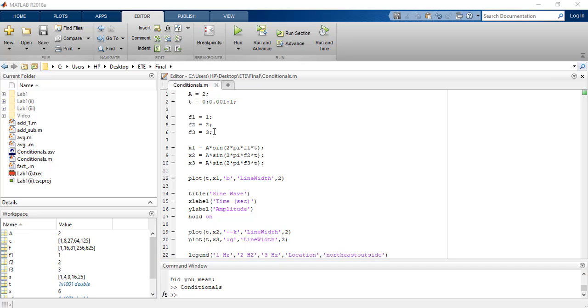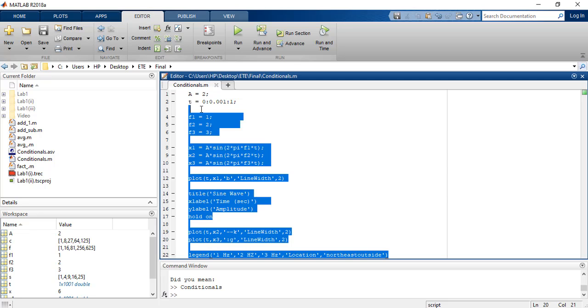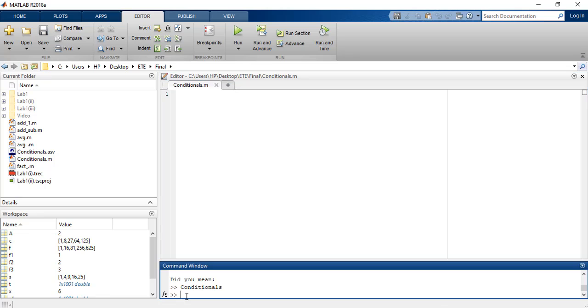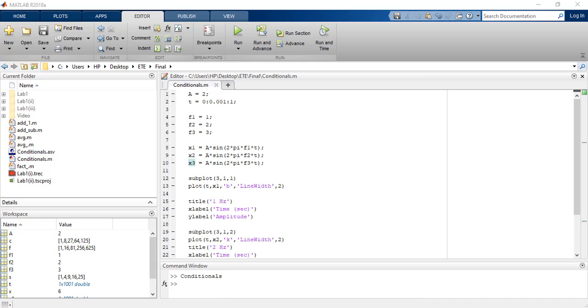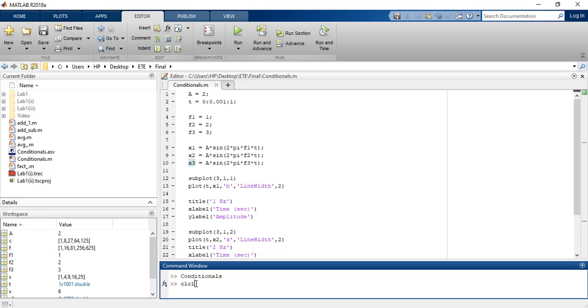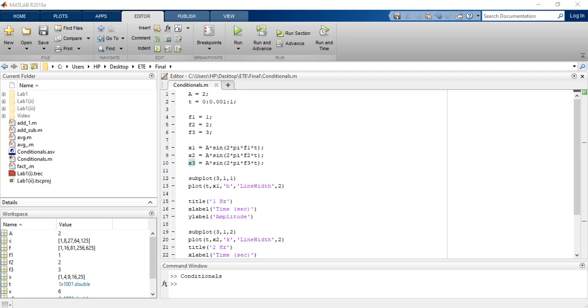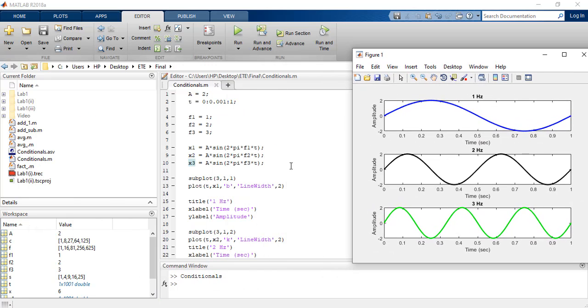So in subplotting, if we write the code again, here is the CLC. For subplotting, I will write the code. So the code is done. So if we run it, it will show us a picture of the plotting, the subplot, which is